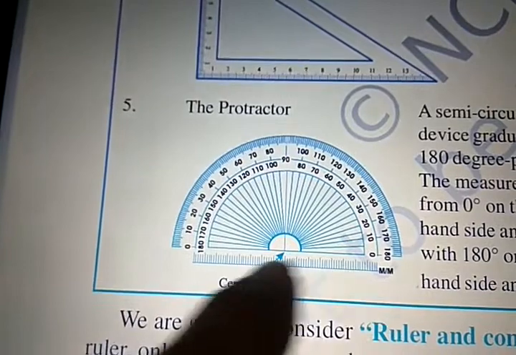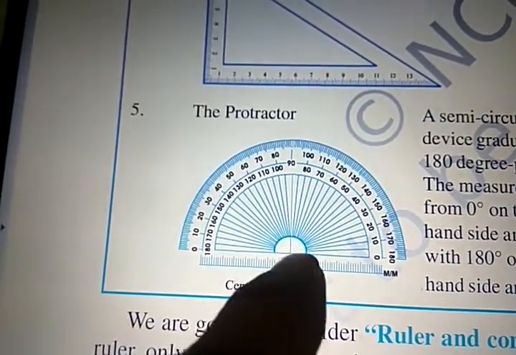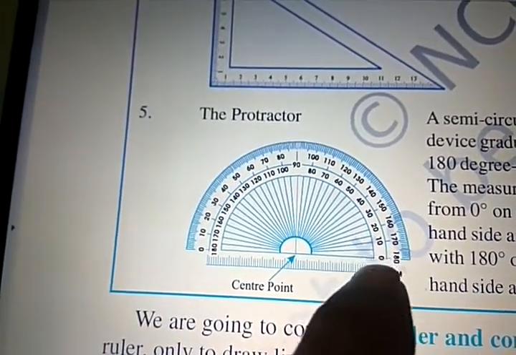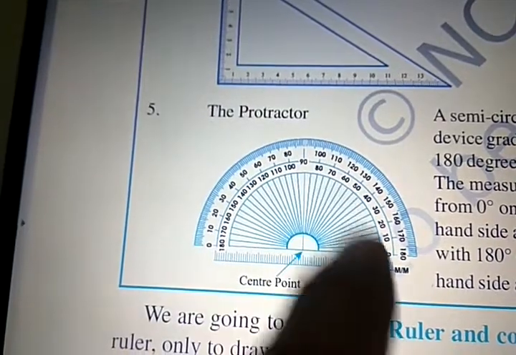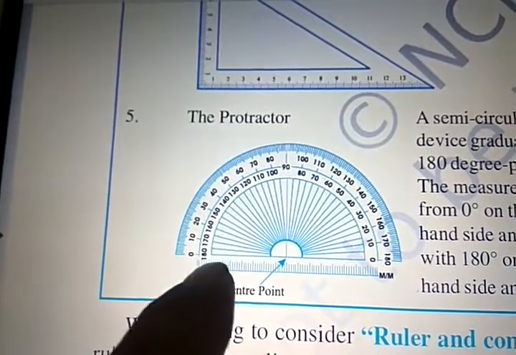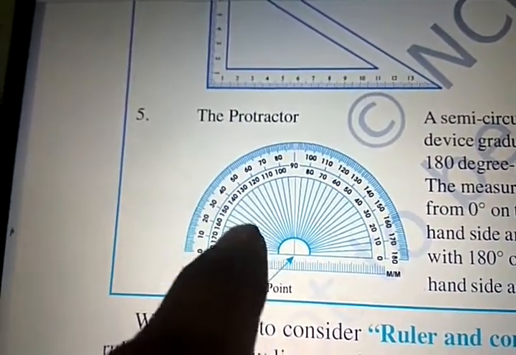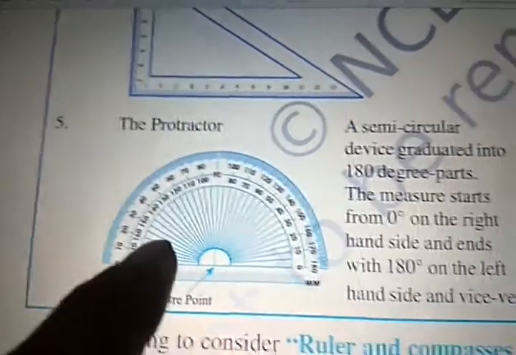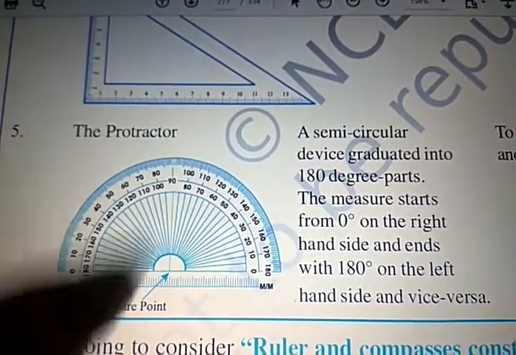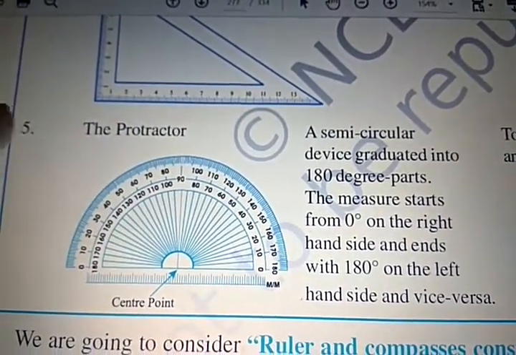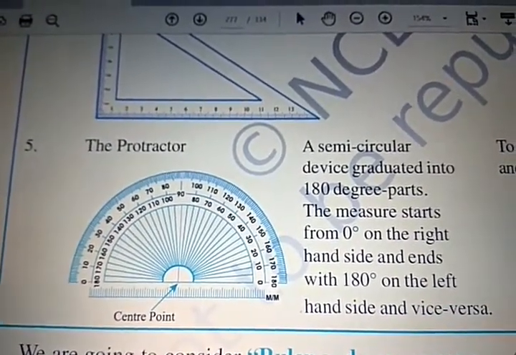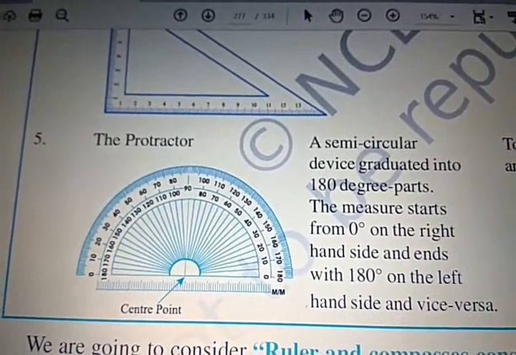Now, 180 degree means a straight angle, right? 90 degree means a right angle. Angles between 0 degree and 90 degree are known as acute angles. You have also studied that angles between 90 degree and 180 degree are all obtuse angles, right? I think you must have studied that in your previous standard. So we use all these tools wherever we require and draw constructions. But most probably we use the scale and compass.